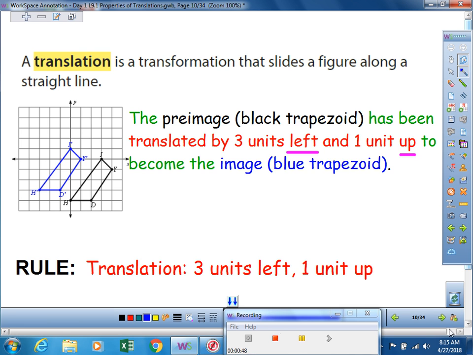All right, we already talked about that. So a translation just slides. So what that means is if I connect this point to this point with a line, that figure just slid up. And each